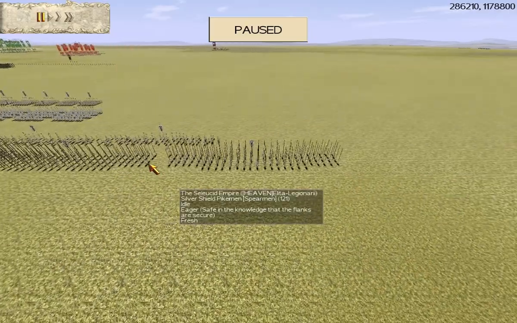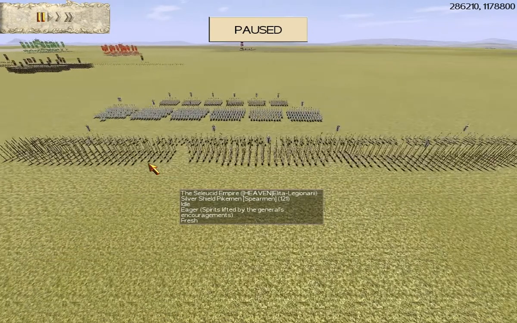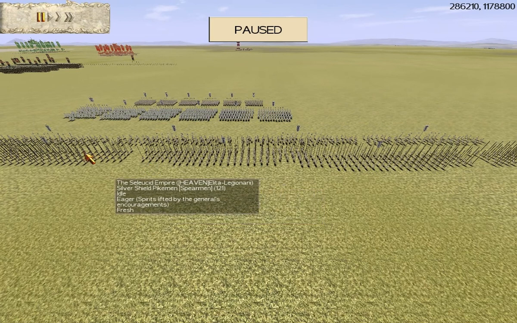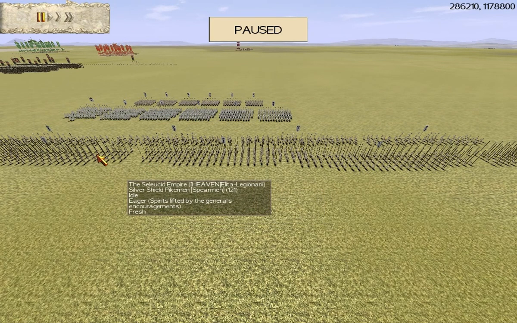Then I've also got 4 Silver Shield Pikemen, mostly for the idea of either intermingling with a Roman ally, just to kind of support him so he doesn't get cav charged, or to block out any of the German player's